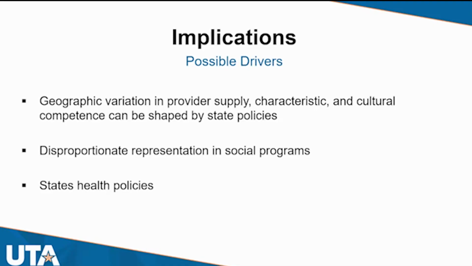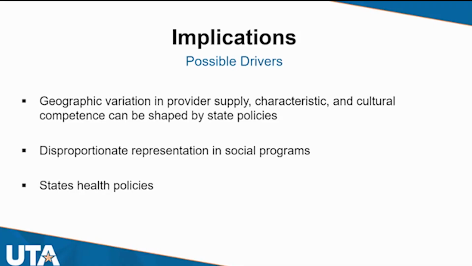Another factor that's important to think about is that Black children especially, but Hispanic children as well, are disproportionately represented in social programs. At the state level, many social programs that address vulnerable children's needs, including the foster care program, the juvenile justice program, as well as, of course, Medicaid programs. There's a huge amount of behavioral health services, education, that's another major sector, that provide a lot of behavioral health supports through these programs. Those programs are very strongly shaped by state decisions and can look very, very different across